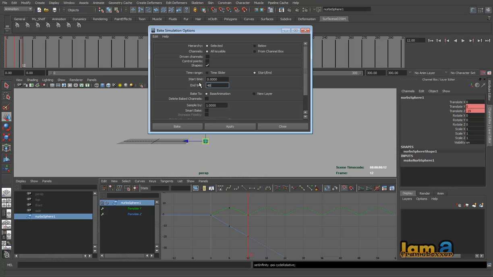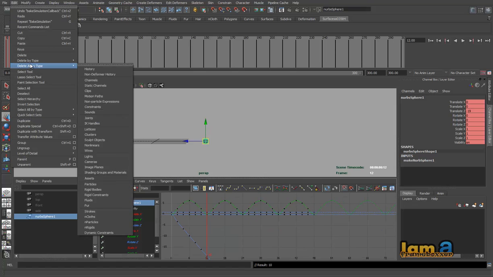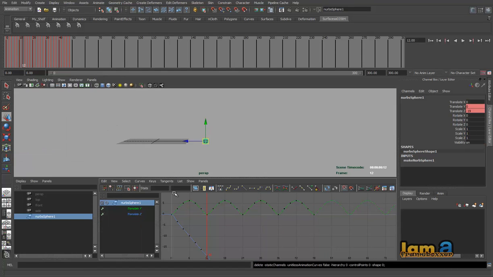Okay, so want to bake it till 48, and sample by 1, like every frame you get a key. Sample by 2, every two frames you get a key, and you just say bake there. Then you can see now it's available for us. Previously it was all dotted, now this is available for us for editing, right? And as usual, we can go to edit, delete by type, and static channels. So only this remains. You can still clean up this graph.